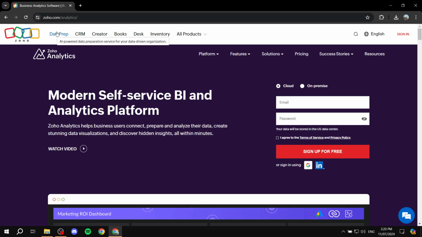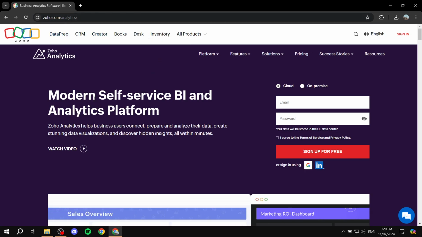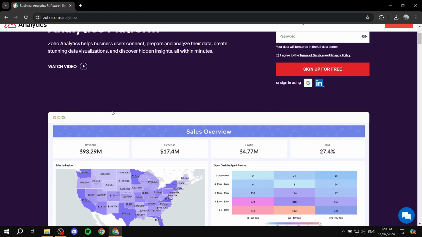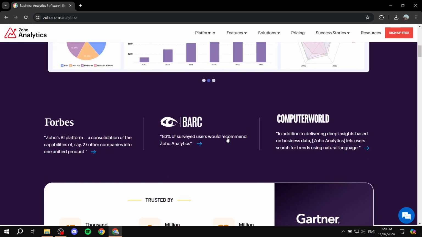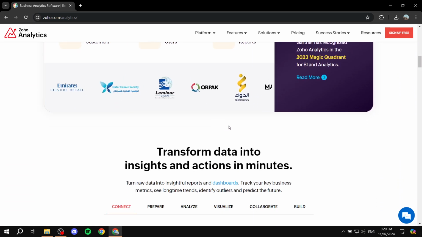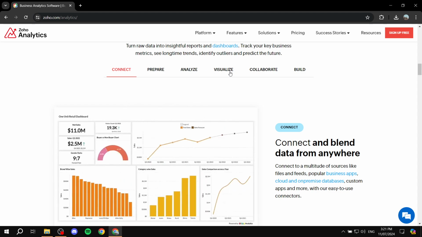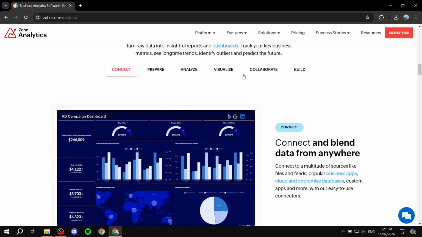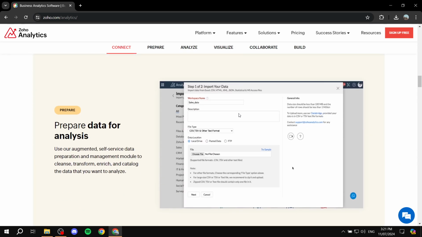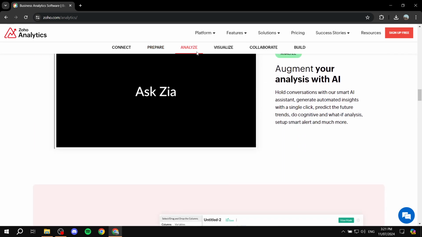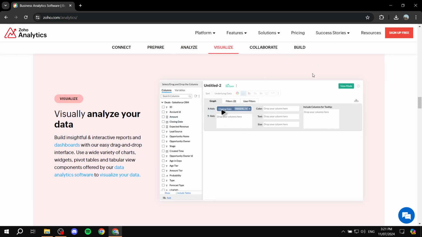So we can just go ahead, go to zoho.com/analytics, and here basically it's going to be this page, which is the home page. You can read more about what it's going to provide for you. Like here, for example, is going to take you through the steps where you'll be able to just connect your data, prepare, and then analyze, and then visualize, and you can just go ahead and collaborate with other people as